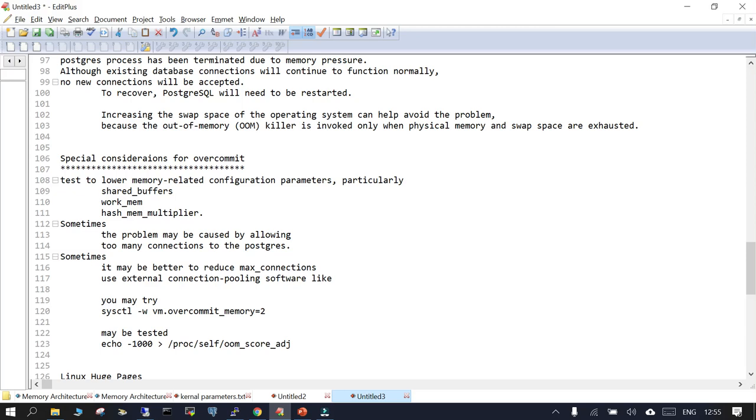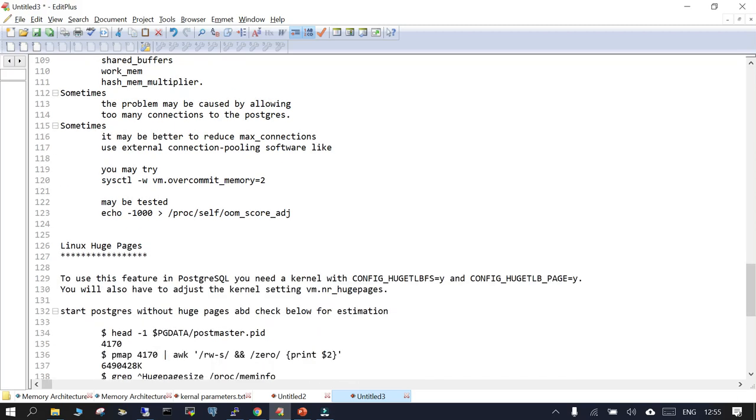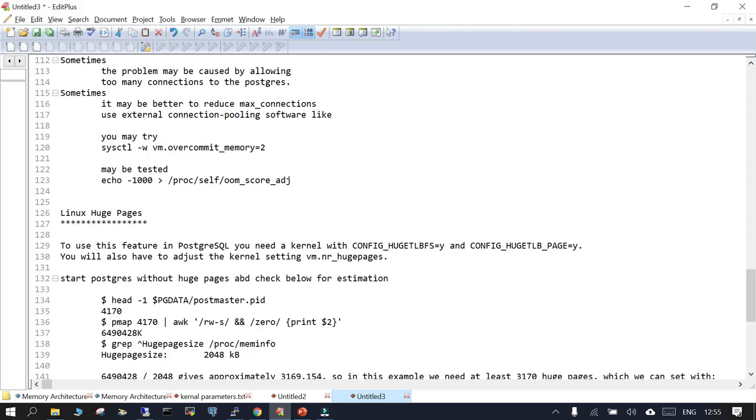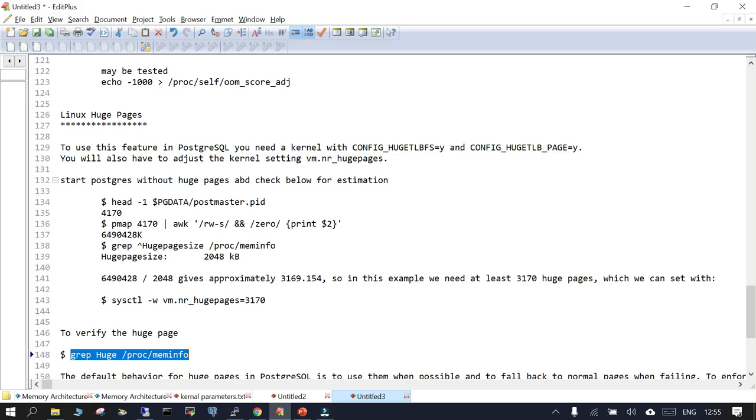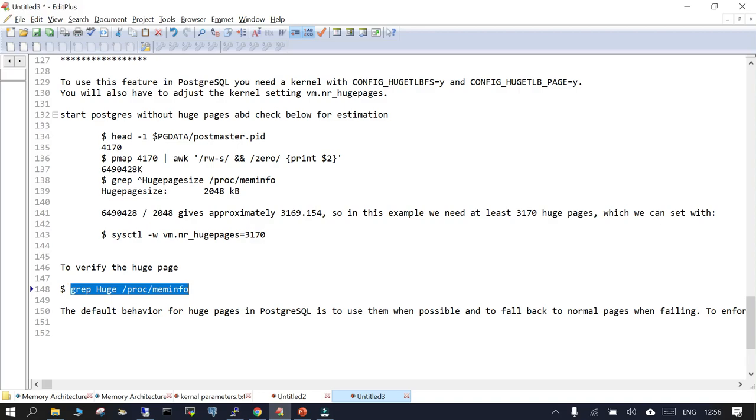And this is a very general problem: the maximum number of connections in your PostgreSQL. If it is too high, then try to bring it down, and if you are not using connection pooling like PgBouncer, you may try to use it, and you may find it very useful. Linux huge pages, if enabled, give you the best performance in your Postgres, and just try and see what value is required based on the formula which is given, and you can set it accordingly. I hope this